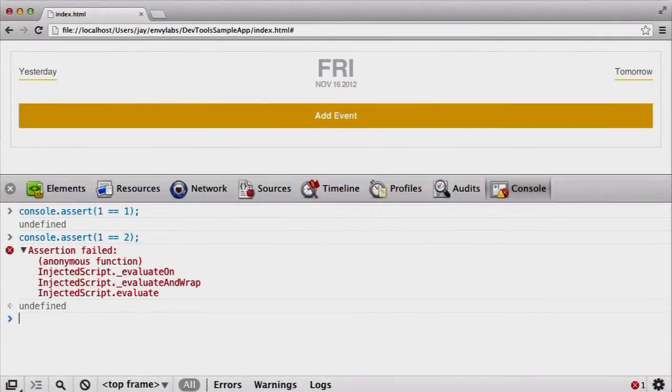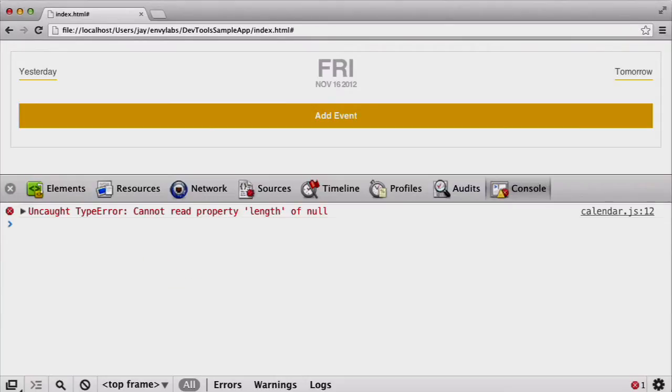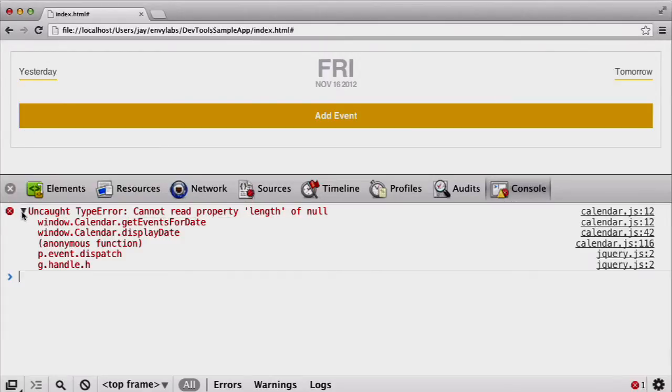So here we are back in our calendar application. We've got the console panel open, and you'll notice when we refresh the page, we're going to get an error. We can learn more about what caused this error by clicking on the little triangle next to it, and it'll show us a stack trace of the calls that led to the error, along with a file name and line